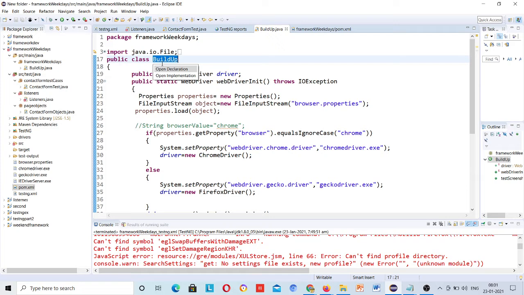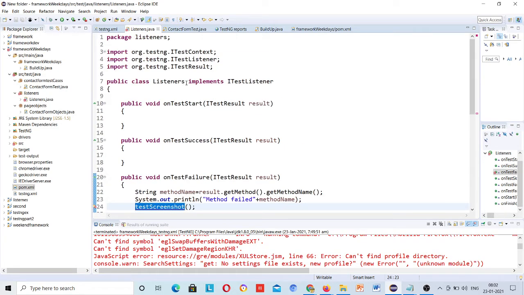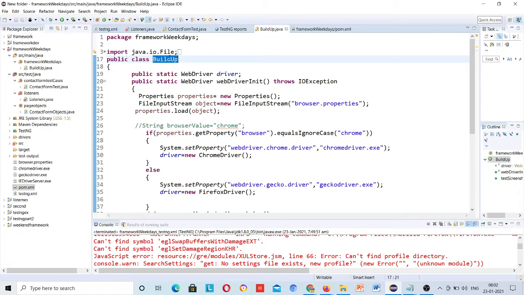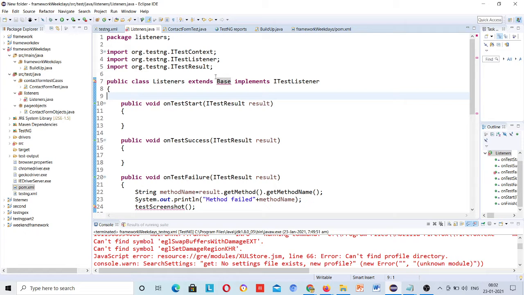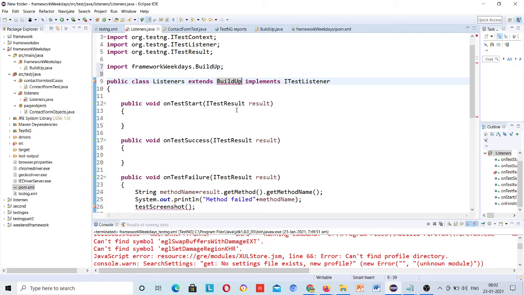So here you need to extend it inside the listeners, extends base. And because that is in a different package, no sorry, the name is actually Builder. Build, inside a different package, so it will call.